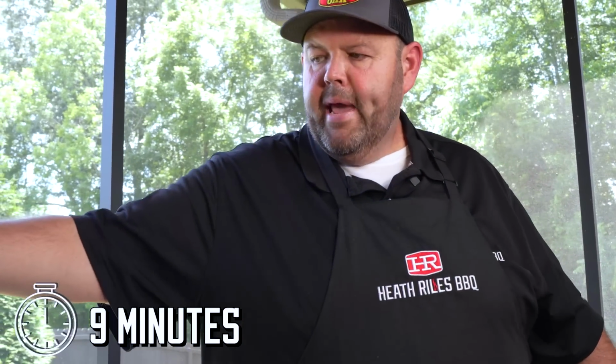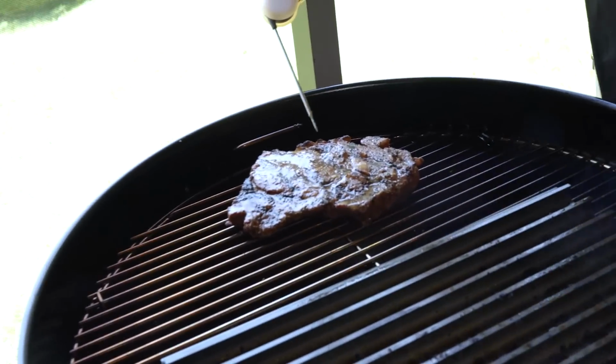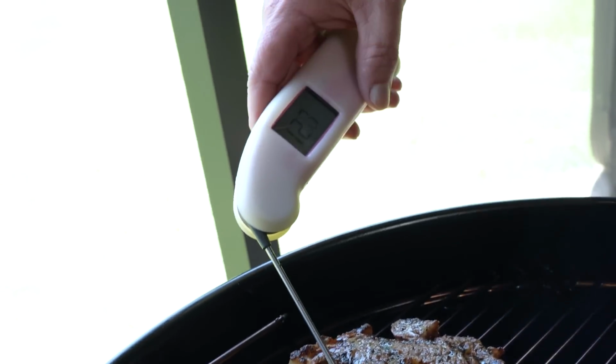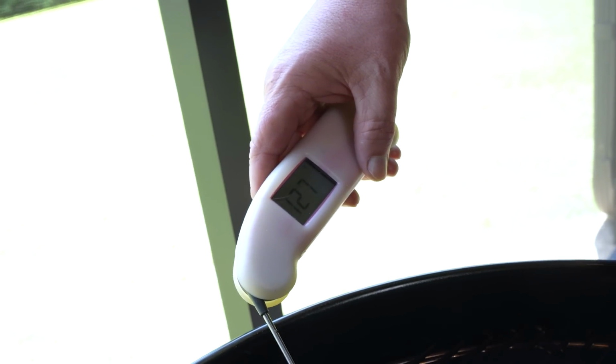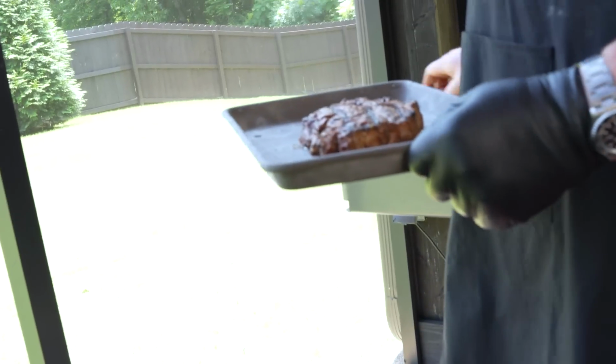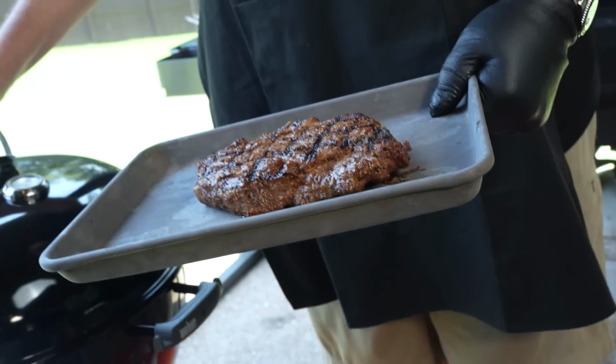All right, it's been another 3 minutes. I had peeked at it just a second ago. Look at that. That is great. I'm going in here, and I'm gonna be honest, I'm calling this steak for me. It's done for me right there. I'm calling it. Let's get over here and put a little more of that Worcestershire butter on this side,